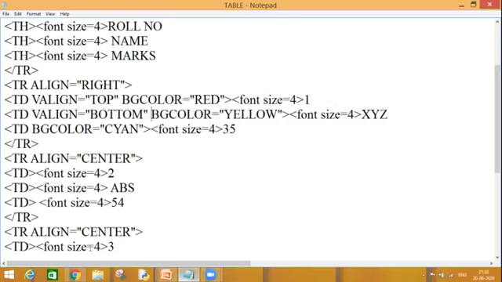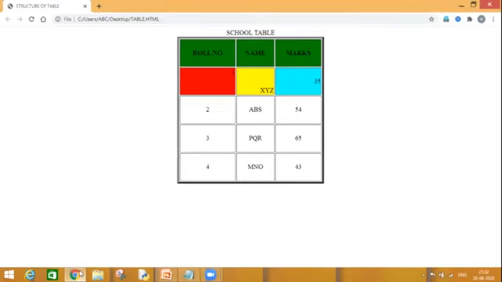Let's have a look. Now XYZ has aligned to the bottom, but at the right hand side. The data will remain at right hand side. It will not be shifted to left or center. It will remain there, but vertically it can be shifted to top, middle or bottom.